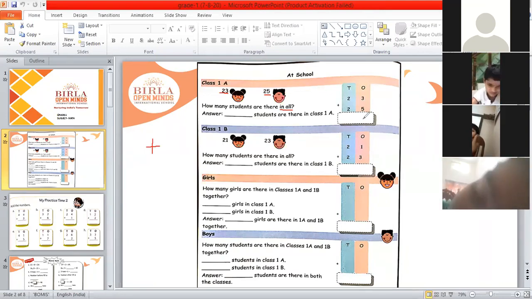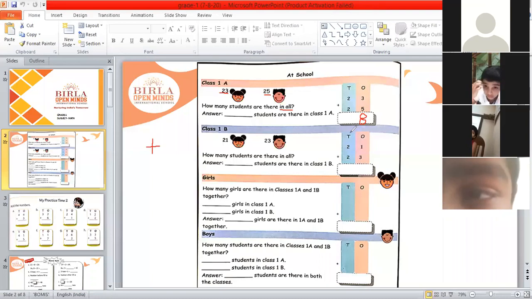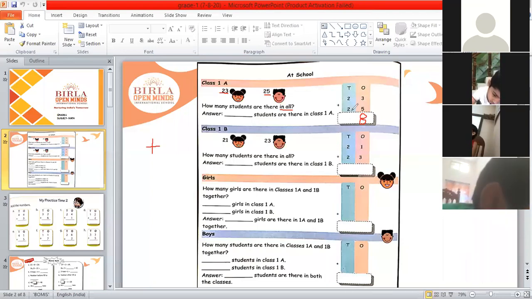3 plus 5 is 8, and you have to write that in the ones place. Now next, in the tens place, the numbers are 2 and 2. The down number is 2, so take out 2 fingers, children. Your first number in the tens place is 2, so start counting after 2. It's 3 and 4. So 2 plus 2 is 4, children.